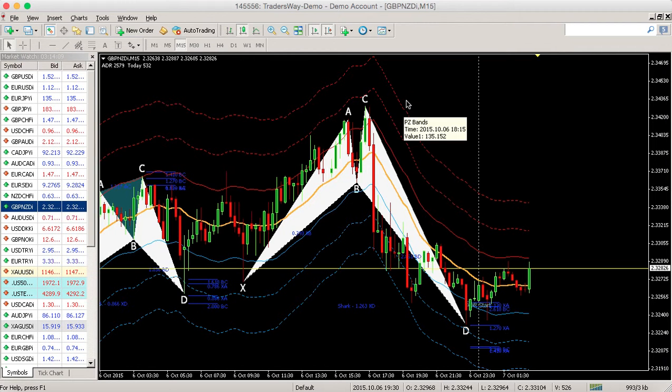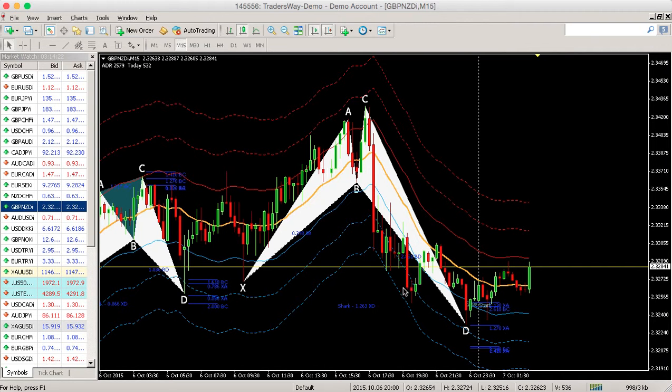You definitely want to make a sell order. Look for a sell order whenever it comes between these red lines, and look for a buy order whenever it comes between these two blue lines as well. Whenever it stays in the middle, that means the market is in consolidation. It's trying to accumulate contracts. So at this point right here,